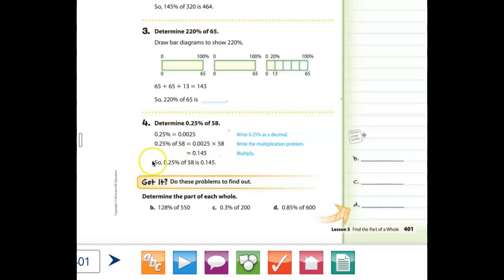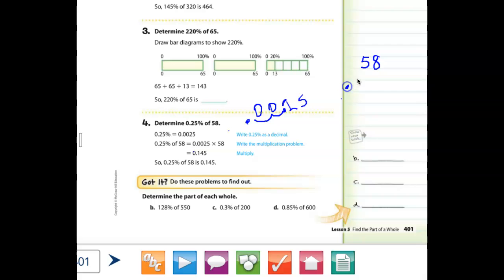So if you have 0.25, which is 25 hundredths, and you move it 2 spaces to the left, you end up having to fill in these spaces with zeros. Okay. Then you'd multiply. So now you have a decimal point. Instead of setting up fractions, dividing or multiplying the whole number by the fraction, you can multiply the whole number by the decimal. This might be a little scary for some of us because we only encountered this last year,